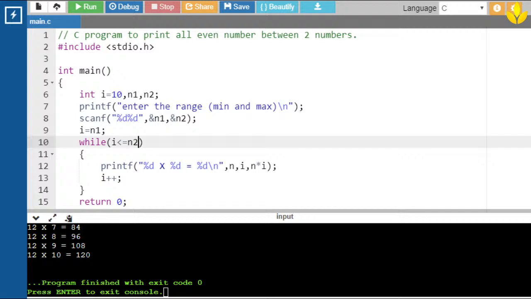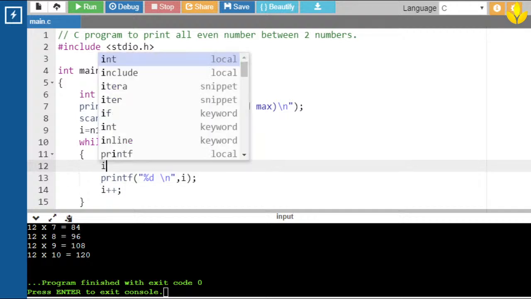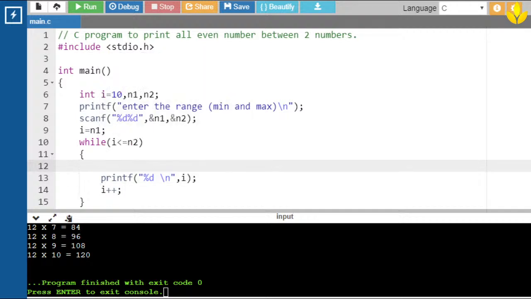Okay. Now percentage %d to print the number and \n for next line. Okay, so the number I am printing will be I. Okay, and now I am going to write a condition. Okay, if